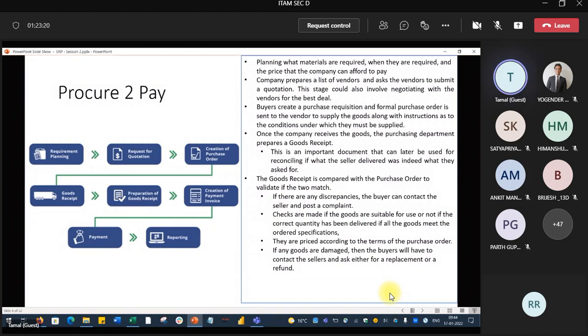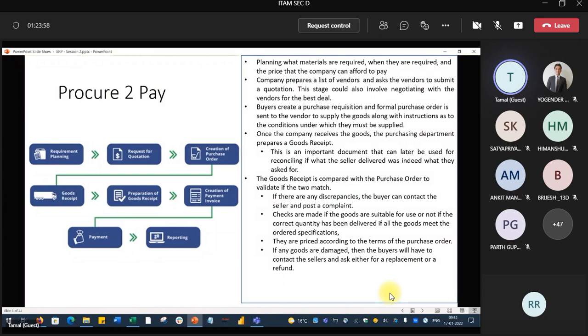So this is another area. Somebody was asking where the customizations are. This is a customization area. Somebody will ask for it to be done, or somebody will not. If the correct goods are there, no issue. But if the delivery was wrong, then what is the process of refunding that? So it is one of the most frequent customization options for many companies. That's what I just wanted to mention.